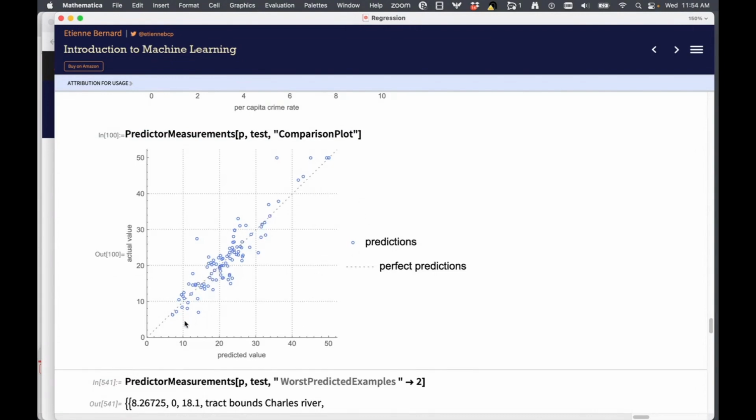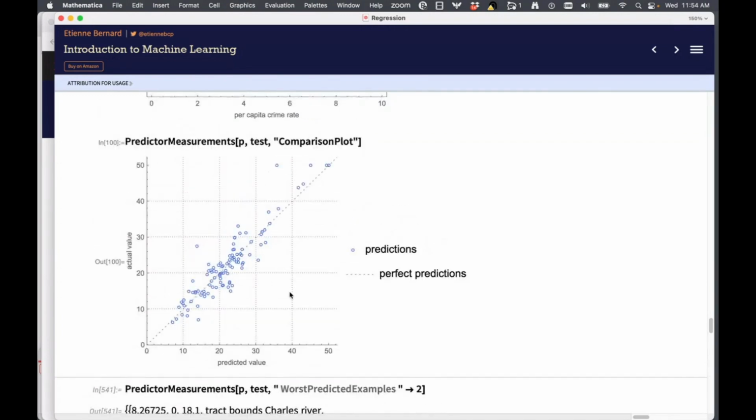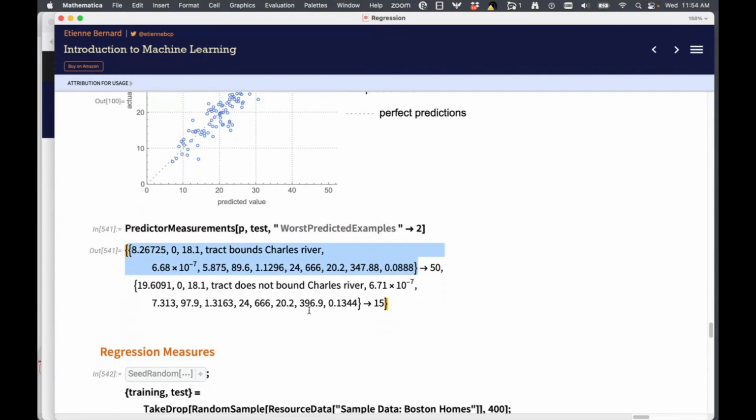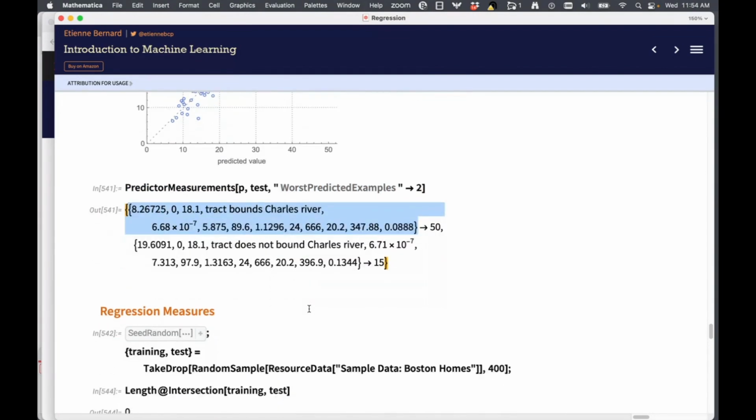And it will give you just this visualization instead of all the details involved in the report. So you can just take a look at it. Okay, you can also get to the worst predicted examples here. I'm looking at the 2 worst predicted examples that it did really badly on, and then you can zero in on those and really analyze those particular samples and see what happened there.